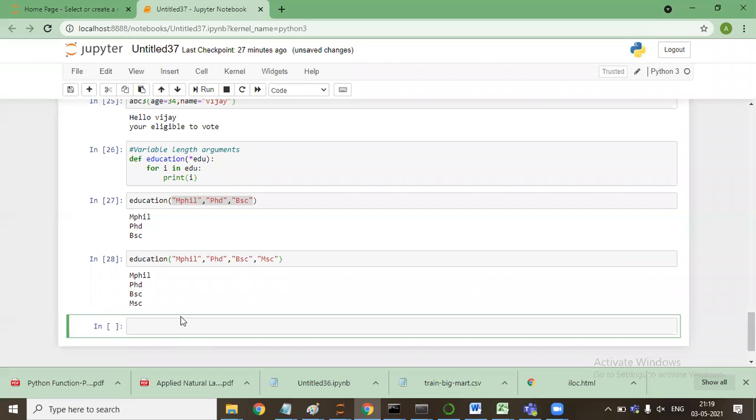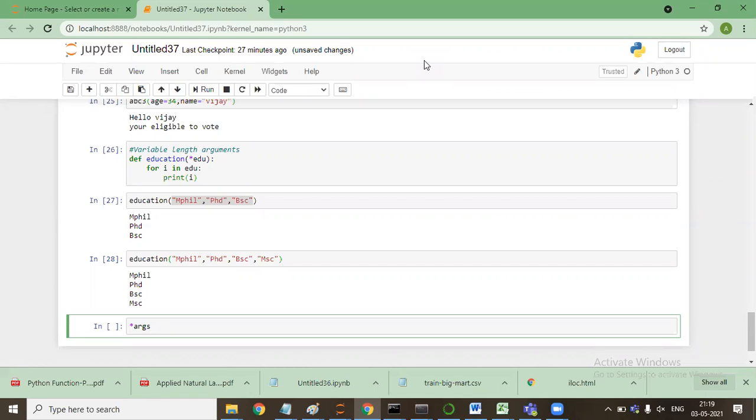One of the examples which I have given you: this will not show the error if we don't know how many arguments are to be passed, if we use this method, variable length arguments. These are basically known as args. Whenever you come across args, it means variable length arguments.